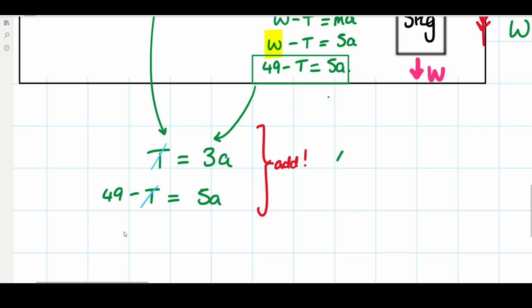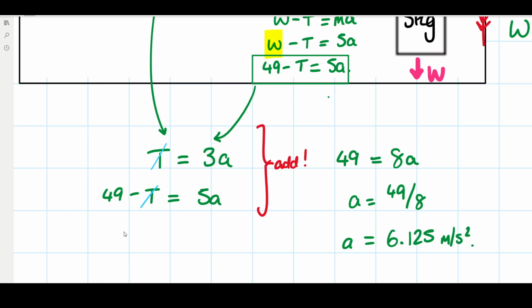So the left hand side will become 49. The right hand side will become 3 plus 5, which is 8a. And if I rearrange this equation, I'll get 49 over 8, leaving me with an acceleration of 6.125 meters per